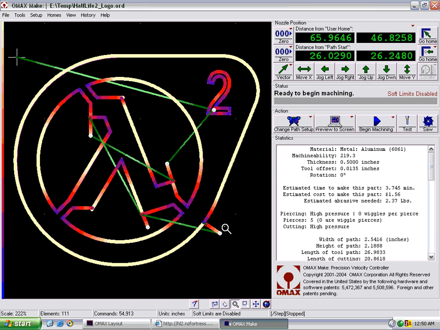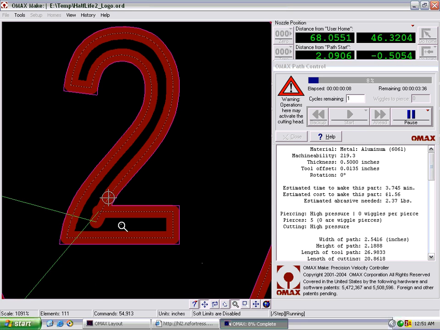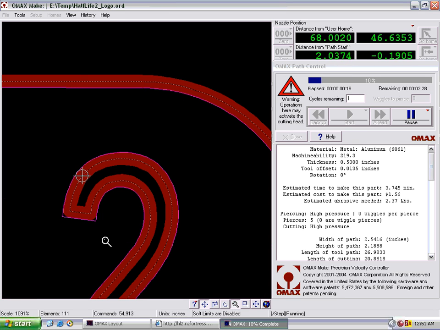And when I'm ready to actually cut the part, I click on Begin Machining, click on Start, and the machine goes to cut the part. So that's pretty much all it is to making the part. I can zoom in here, I can show you what it looks like. So there it's cutting along, and you'll notice that the feed rate changes. You notice this little jet here, as it comes to corners, it slows down and does some funky little things